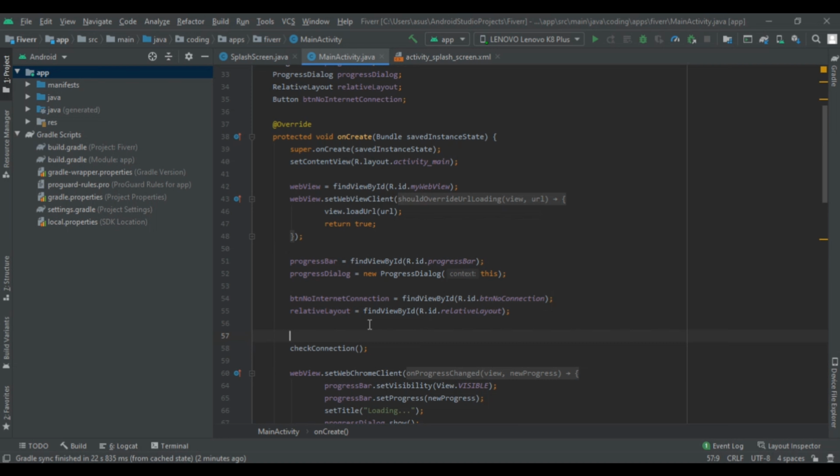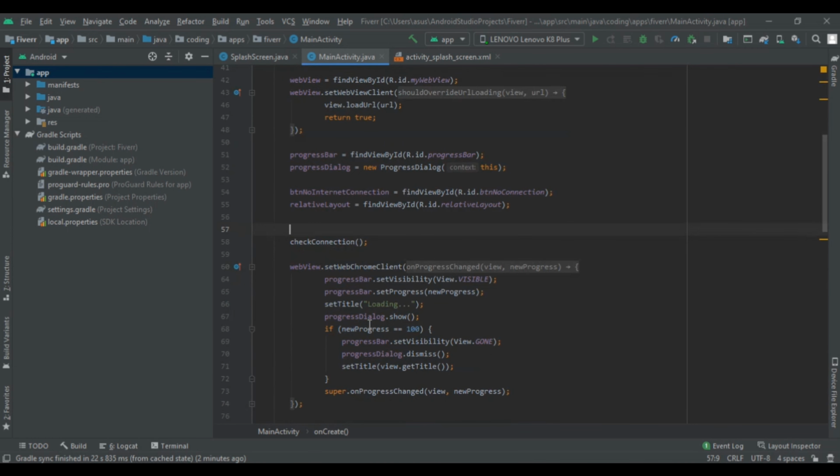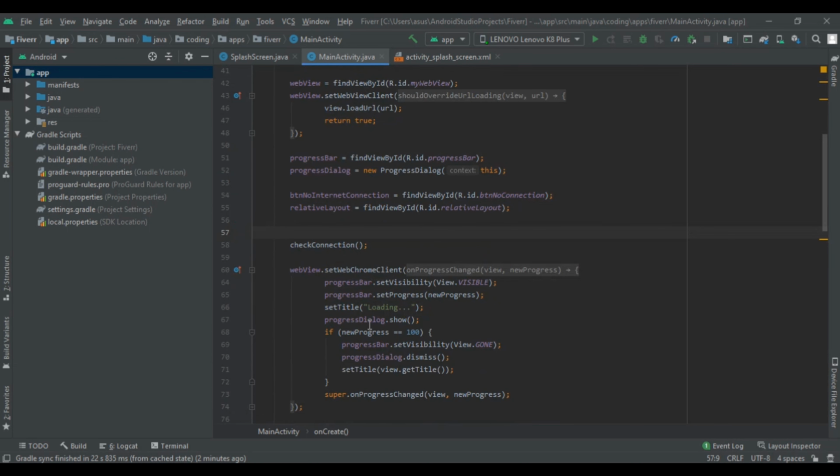Till yet we are creating Fiverr.com into an Android app, but it doesn't have any videos or ads. But what if you are converting a YouTube-like video site into an Android app? So in this Android tutorial we are going to see how to play a video in our WebView app and how to add and show ads to your user from the application.